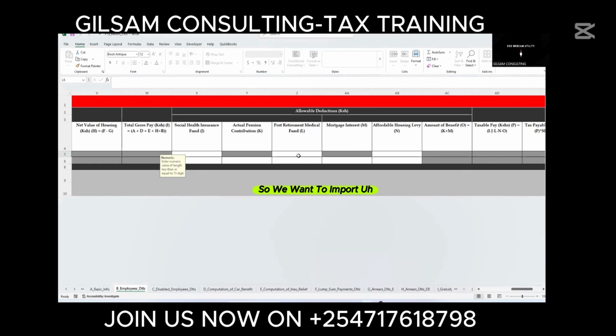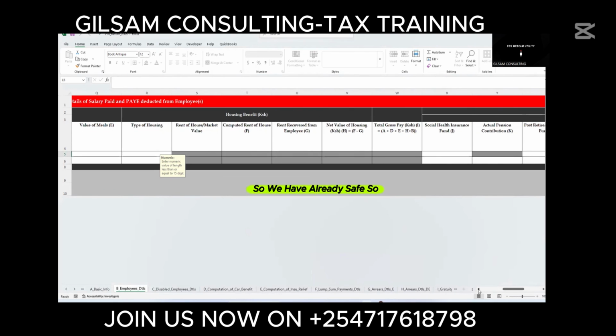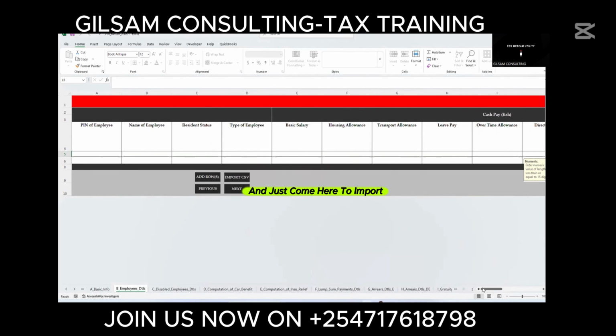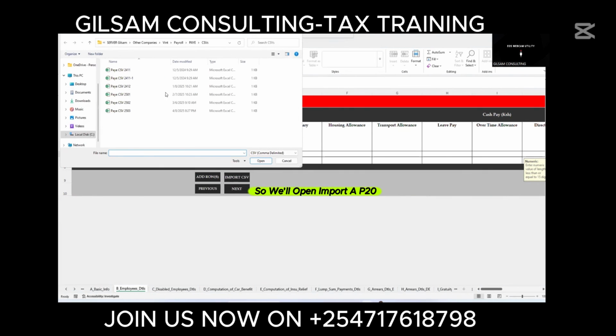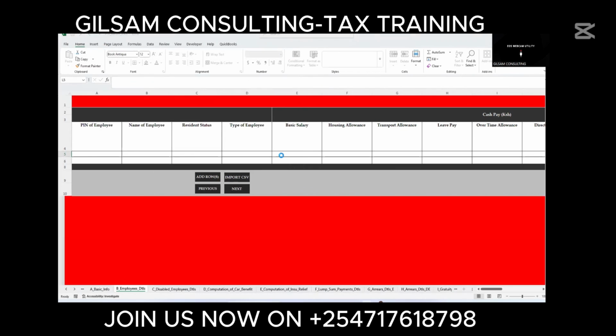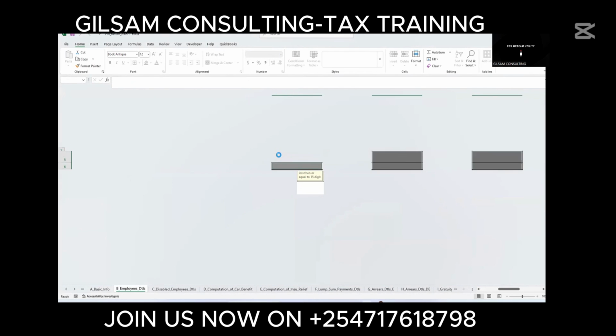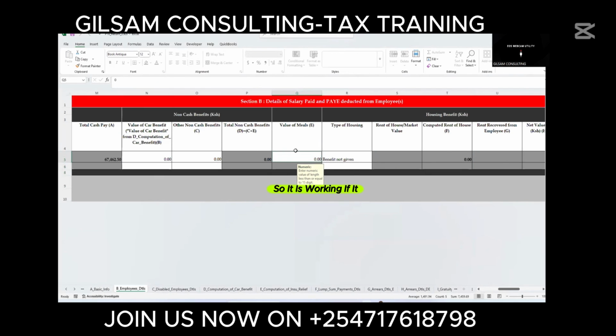So we want to import a CSV. We have already saved. You go to section B and just come here to import a CSV. I hope it will work. If it will not work, then we'll have to rearrange it again. So I will open, import a PAYE 2023, open that. So it is working. If it is not working, you will not